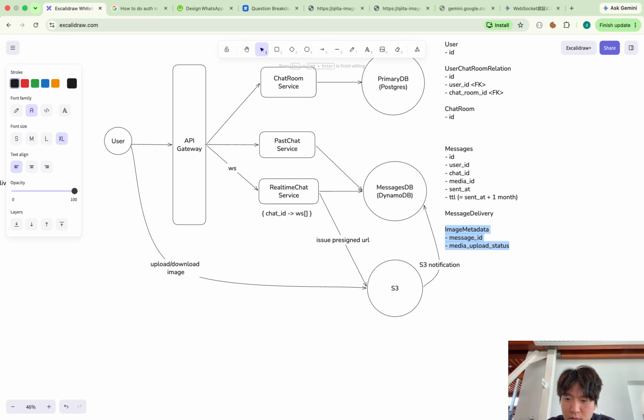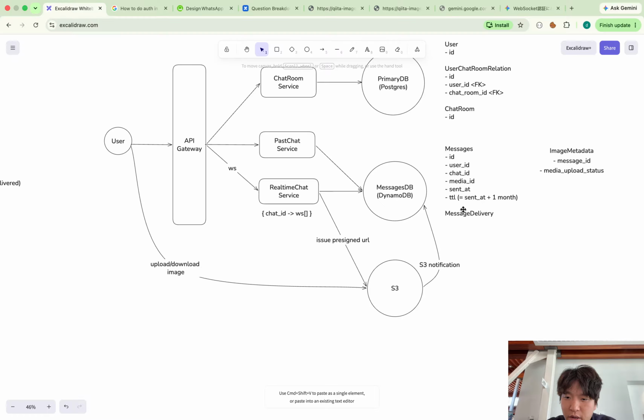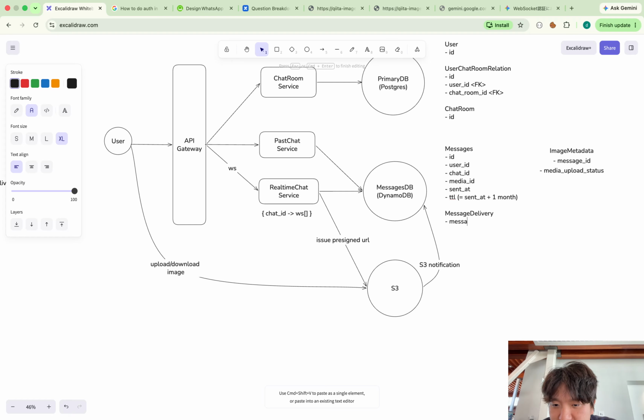So here, for each message, I'd like to know which user should receive this message and the send status. So when the message is created, the message delivery record is created too. And when the message is sent to the user, the server side updates this sent boolean to true.